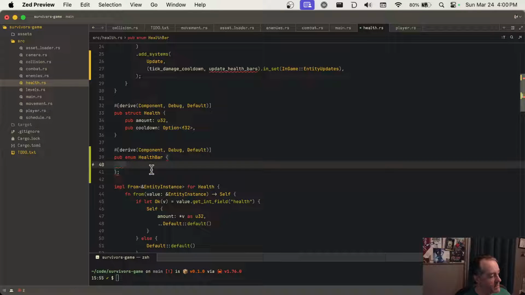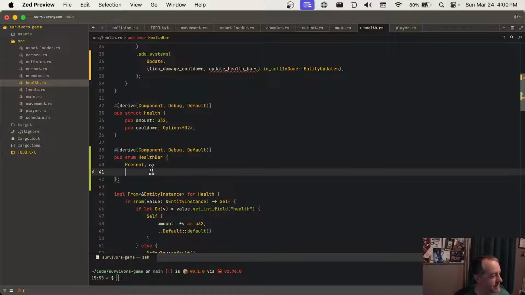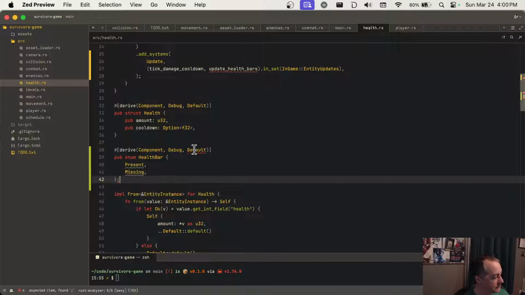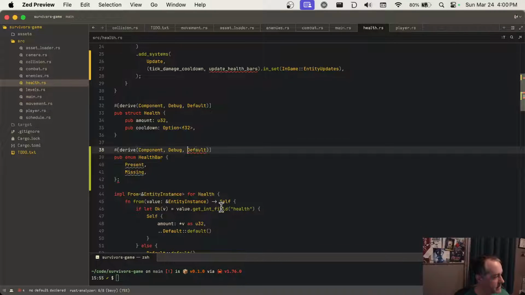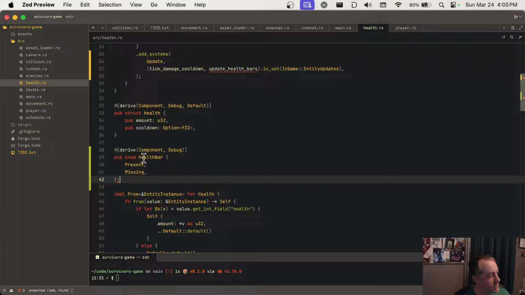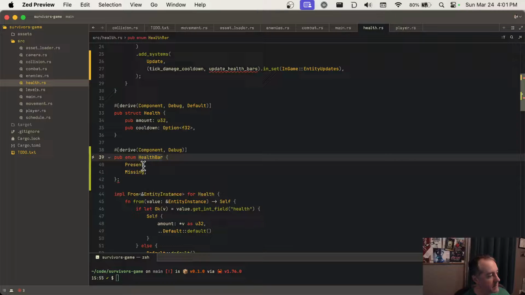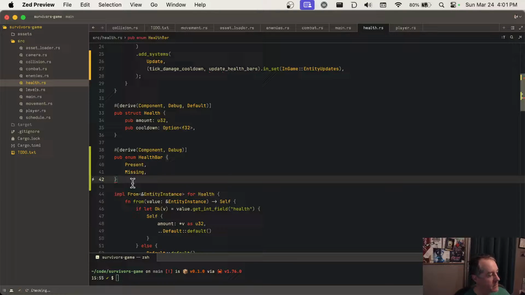We're going to say there's present and missing. And it'll become clear why I'm doing that. And this should not have default on it. So we will use this to tag the entities that have